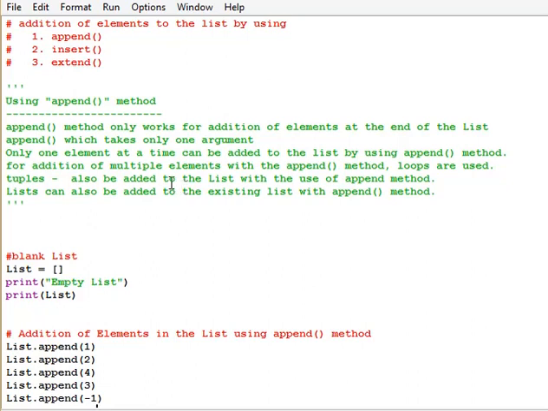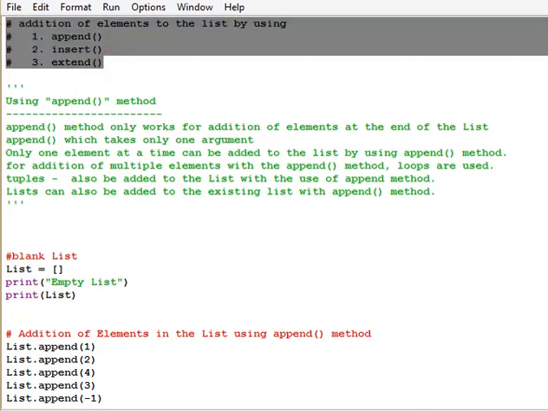This is the third video on Python list. In earlier videos we talked about a couple of concepts regarding the Python list. So if you are new to this video, please watch the previous two videos and then come back to this video, so you will have a clear idea of what is happening over here. So let's get started with the